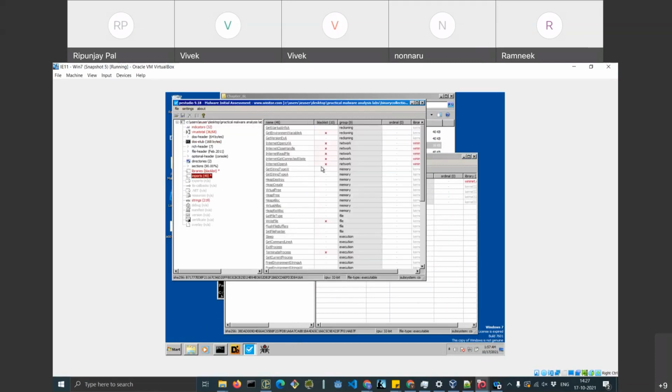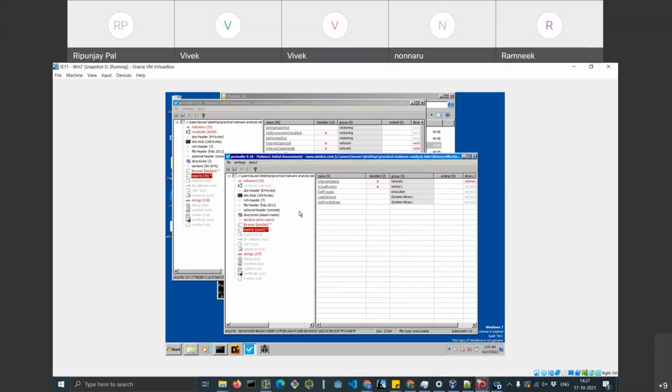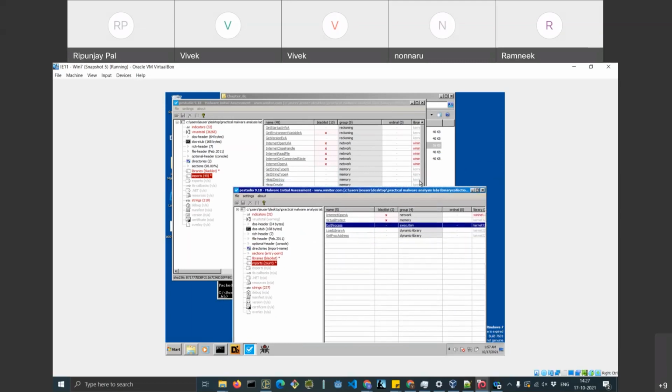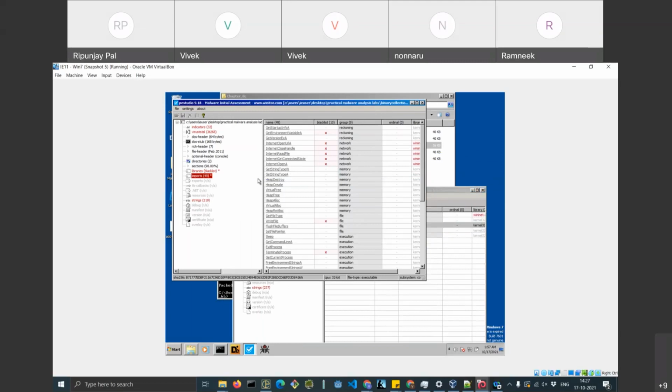And then you can see the imports here. There is a drastic difference between the imports used here and here. So what he has asked is whether it's able to pick up the APIs used. Yes, PE Studio is able to pick up the APIs used, but not all of them, only very few. GetProcAddress, LoadLibrary, ExitProcess: these are only 5 APIs picked up in the packed or compressed malware. But in the non-compressed malware, you can see that there are several functions here.